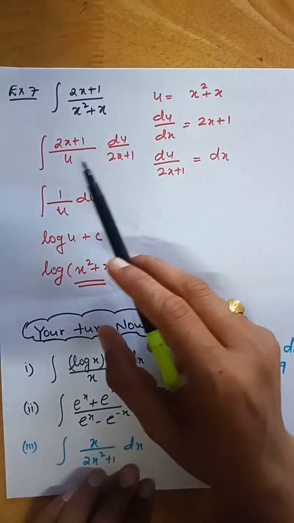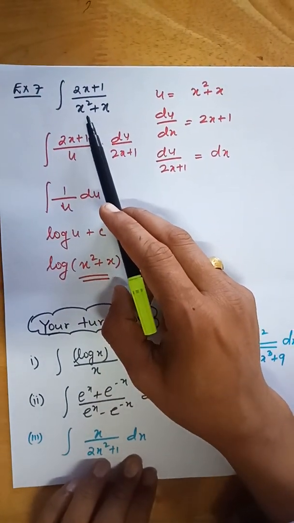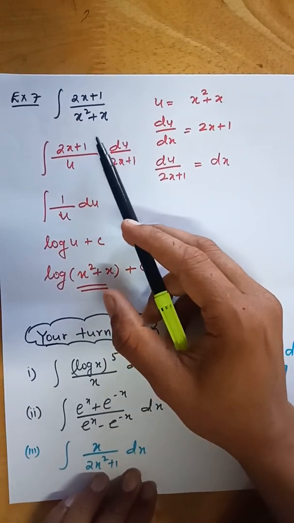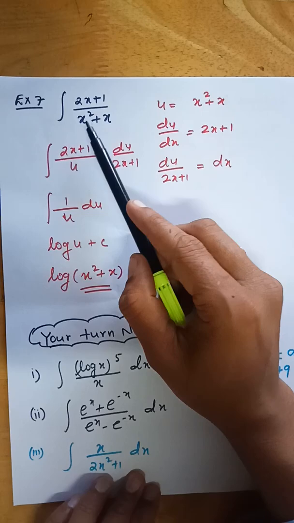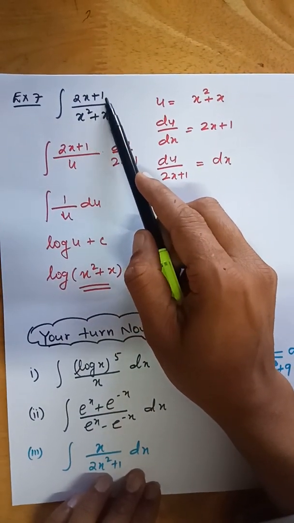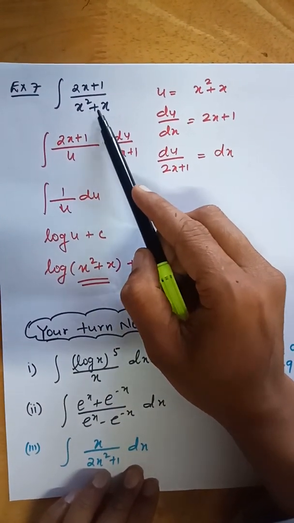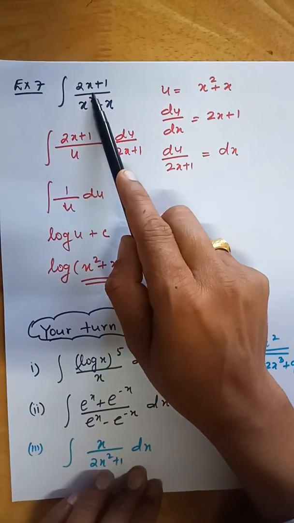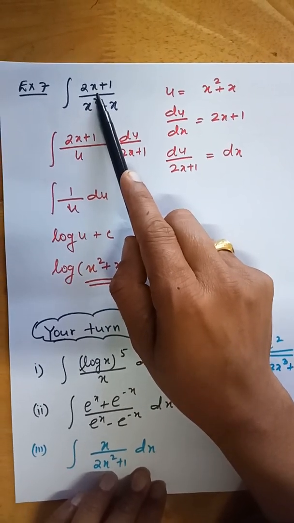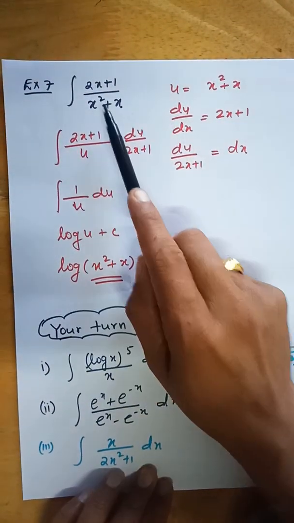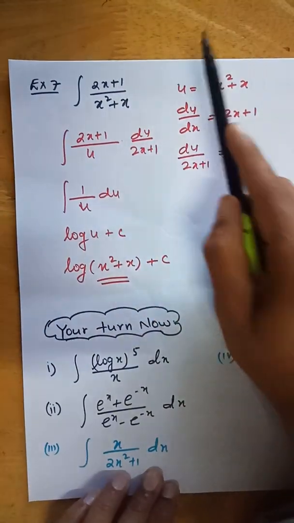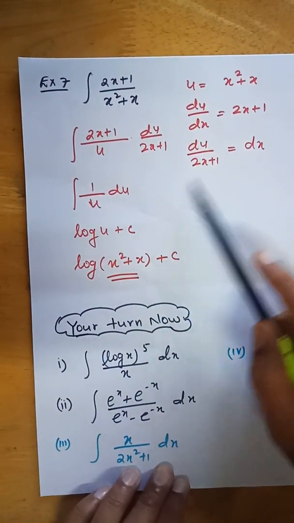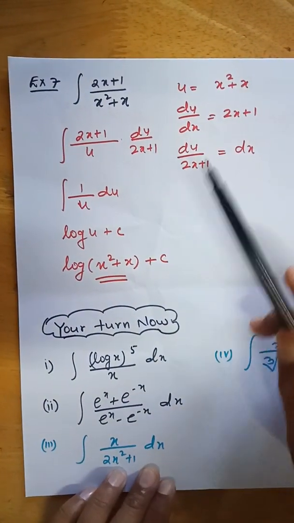Now example 7. If you remember the steps I explained, if the exact derivative of the denominator is there in the numerator, then the answer is directly the log of the denominator. If you take 2x plus 1 as u, you will not get this denominator. If you take the denominator as u, you get exactly the differentiation in the numerator. So if the exact differentiation of the denominator is there in the numerator, then your answer is log. On solving it also comes out this way, but this kind of technique can be used in MCQs. If you get MCQ questions like this, then you can use it.